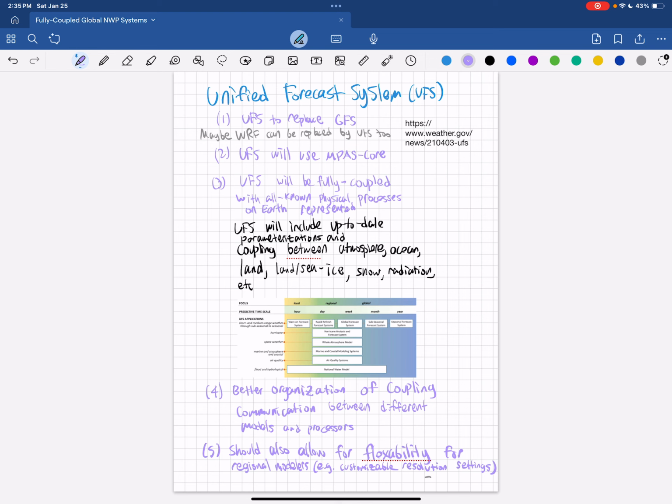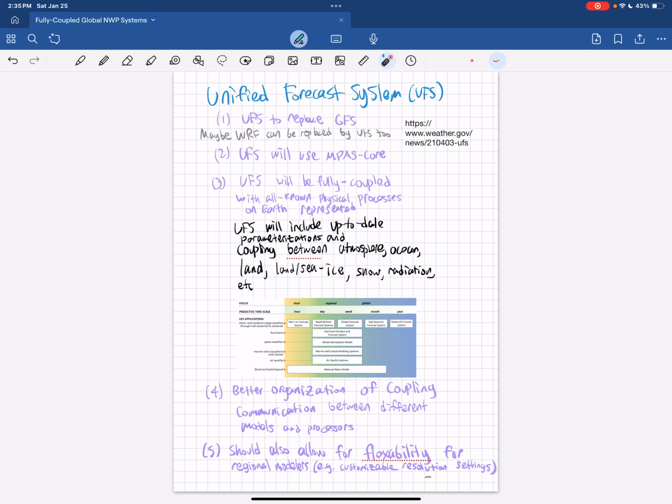I mean, there's probably some that are not, like maybe earthquakes might not be on it, but it's a possibility. It's supposed to be a system that will make it really easy to combine and couple